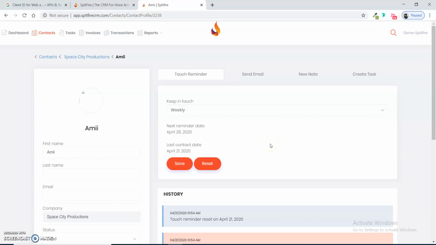So we are using the read only scope to read the user's inbox, and in our site we are using the reading functionality to update this last contact date based on the email date from the user's inbox. So we are using the email reading functionality to update the last contact date based on the date of email.